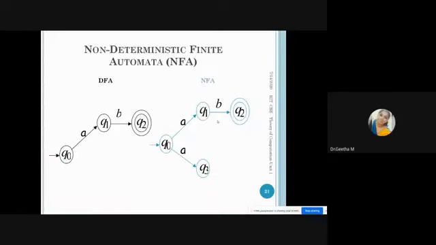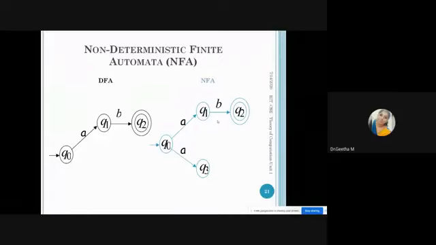So now we have completed the mathematical definition of finite automata, the extended transition of deterministic finite automata, and the language of deterministic finite automata. So the first model of finite automata, deterministic finite automata, is completed. Then next we can move on to the next model, non-deterministic finite automata.